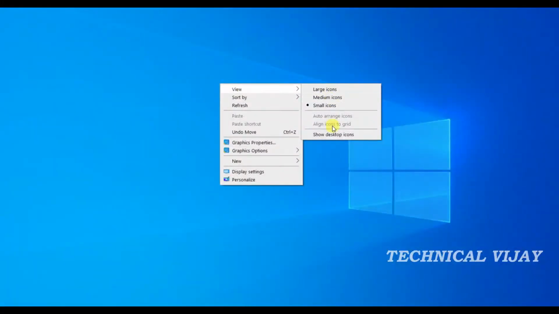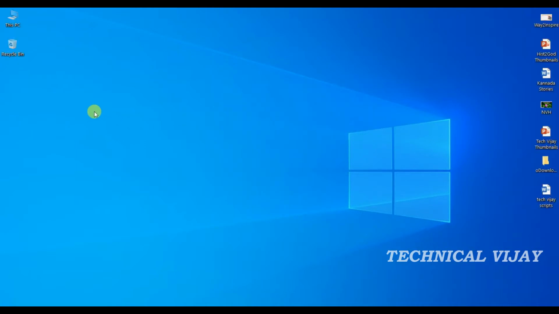Today in this video we will see how to change the font style of this Windows computer. As we know, it is very easy to change the font style or font size in Android devices because the facility is an inbuilt feature. But in a Windows computer, changing the font size or font style is not an inbuilt feature.